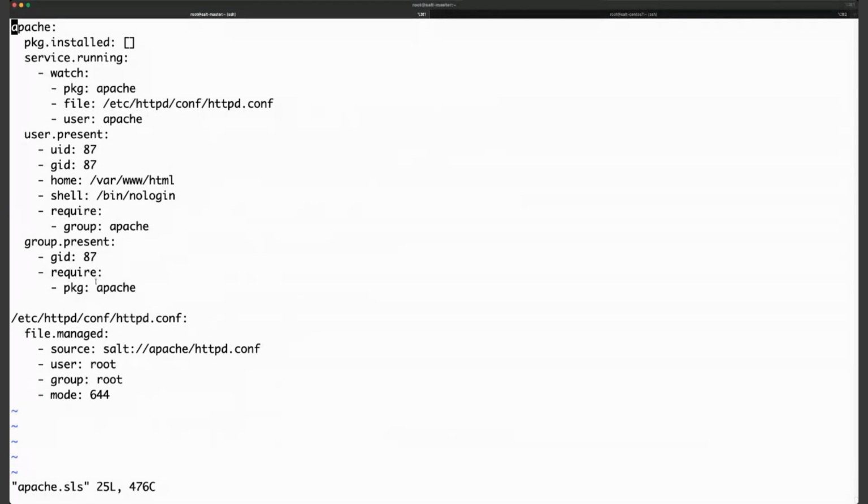So this require means that this resource needs to run after that one. So the user is to be created only after the group has been created, because the group is required by the user. The same applies to the group. So the group can only be created after the package has been installed. So actually it is going to run this way: installing the package, making sure we're creating the group, creating the